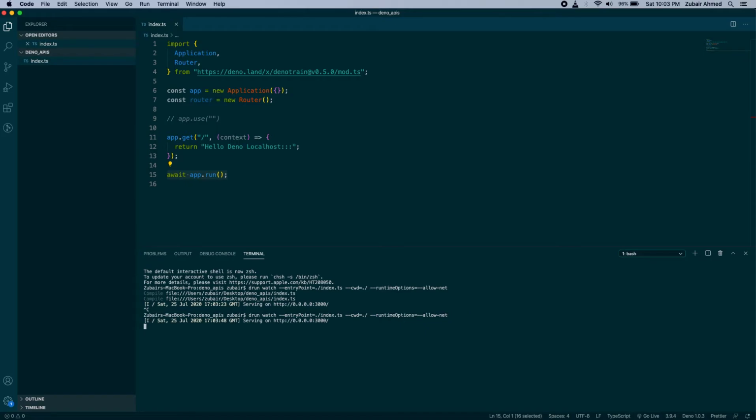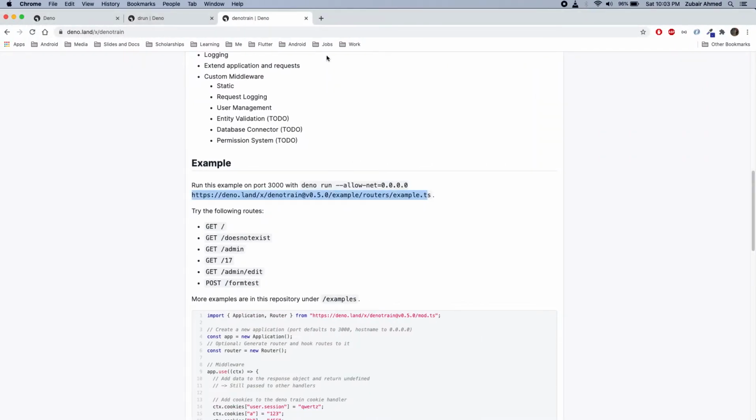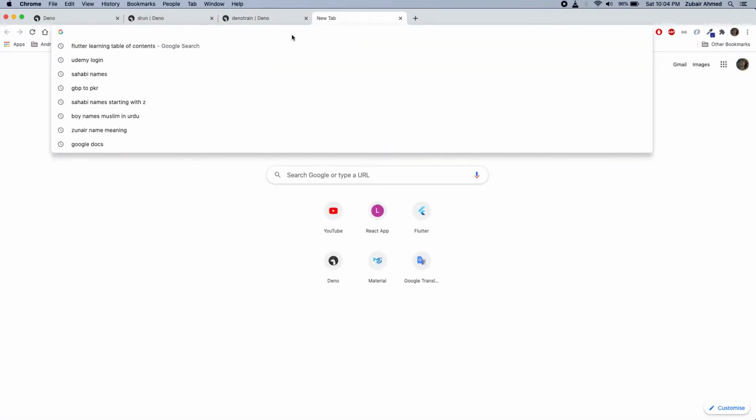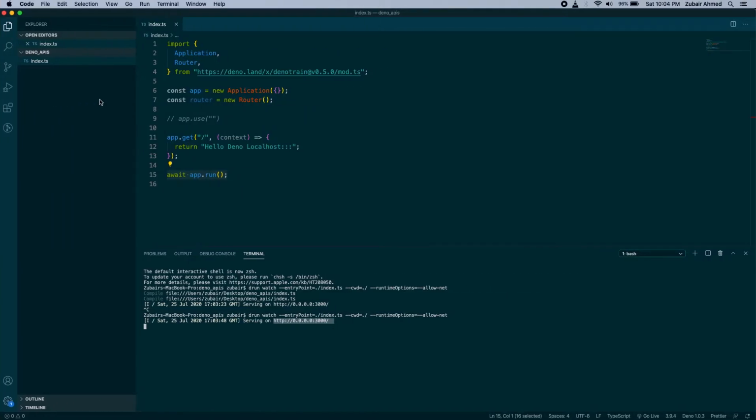Let's run it again. So you can see we have https 0.0.0.0:3000 as the port name. So either you can click on that, or you can simply open a new tab and write localhost and then 3000. So as you can see, we have hello Deno localhost. So simple is that.